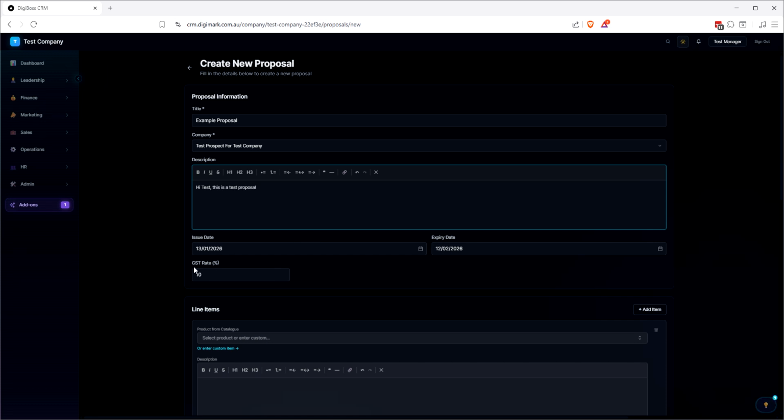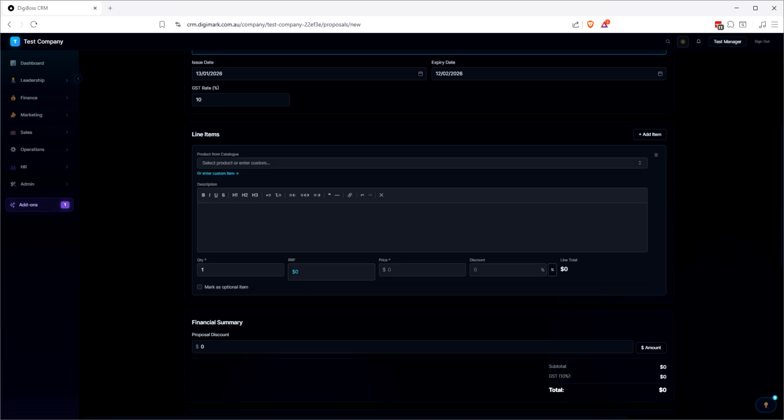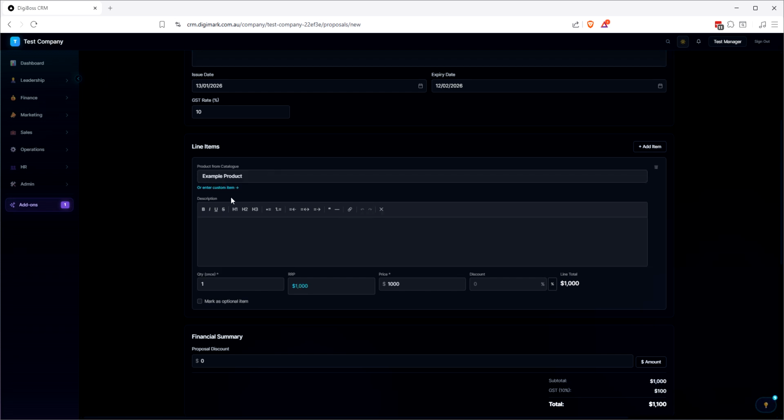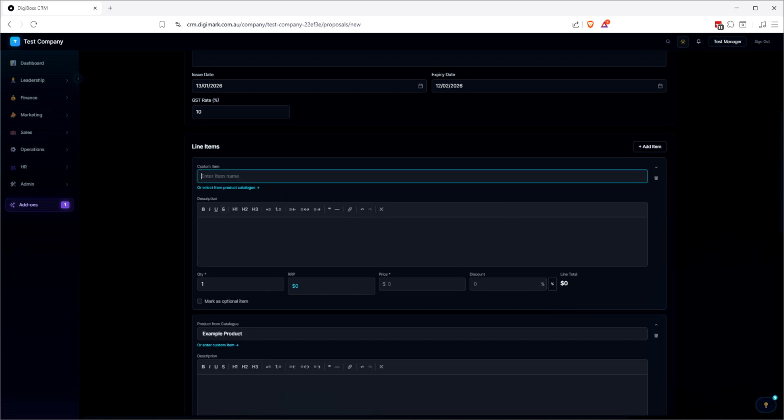We can set the GST rate if we need to change that at any time. We can have an issue date, an expiry date. We can add line items. So in here, we can pull this product in, or we can add a custom product, and then we can just go